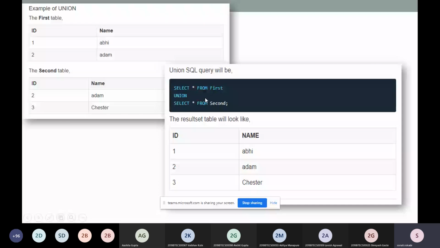So let's see how it will perform. So already I have created select star from first, okay, and select star from second. Already I have created, okay, but right now in second table no rows are there. So let me insert into second with the values, suppose 2. I'm going to take one common value, so it will help us in upcoming set operations. And the third one is the C.